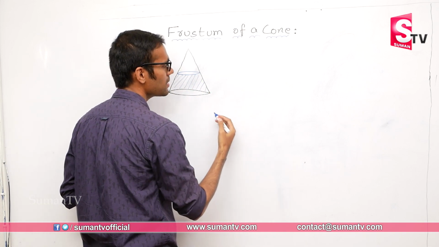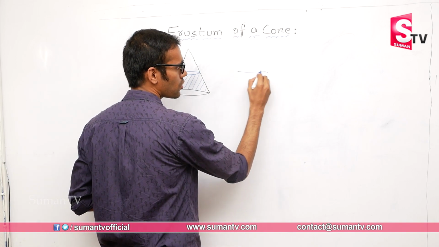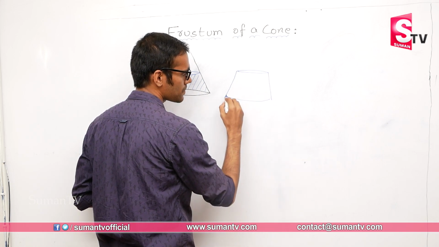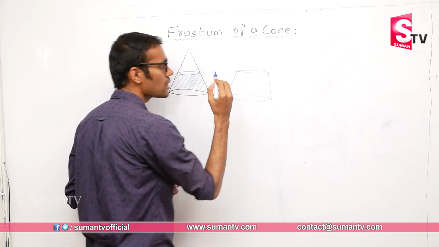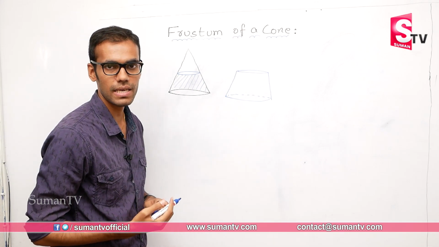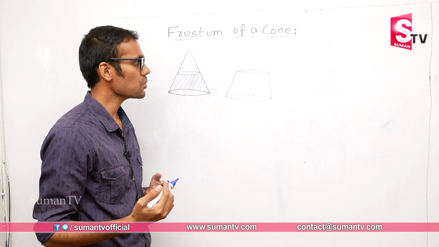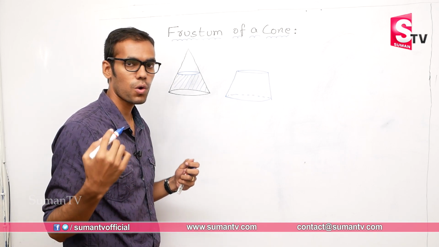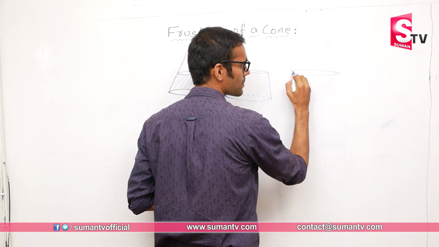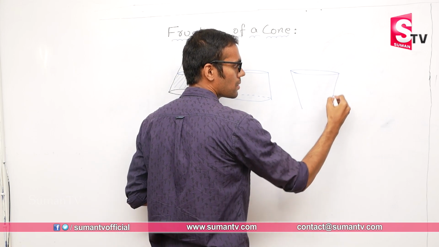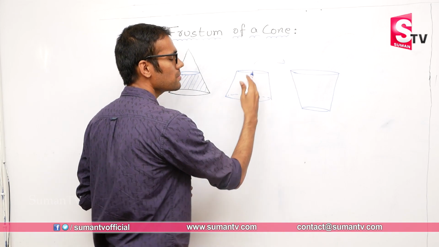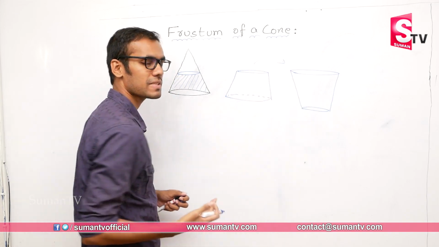Now, if I draw it separately, how would I get it? If I draw this part of the cone separately, I will be getting a shape which is in this way. So, this is called as frustum of the cone. Now, where have you seen these kind of shapes in your real life? Exactly. So, the buckets that you use at your home, but they are of inverted shapes. So, this is a bucket, which is the inverted shape of the frustum. So, you call both the shapes as frustum only.